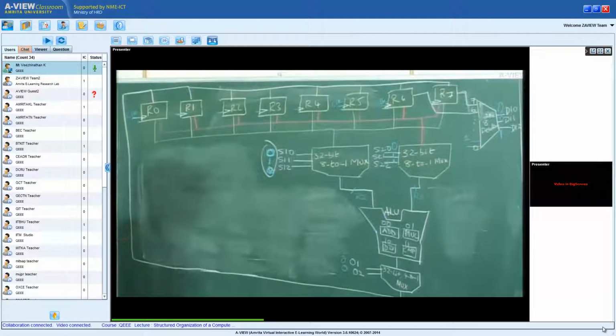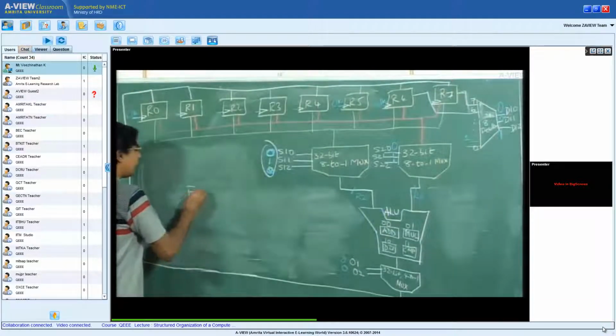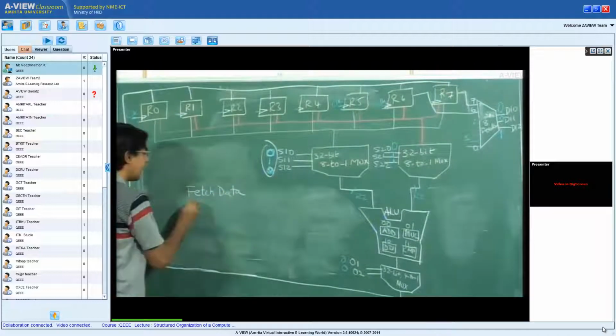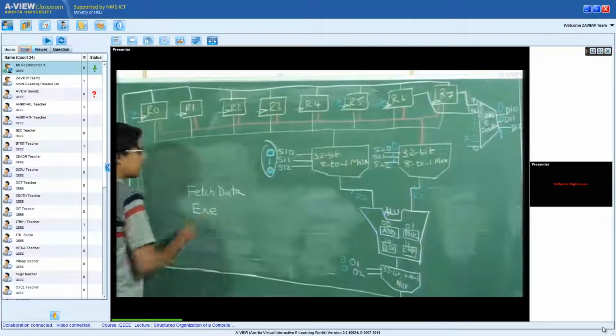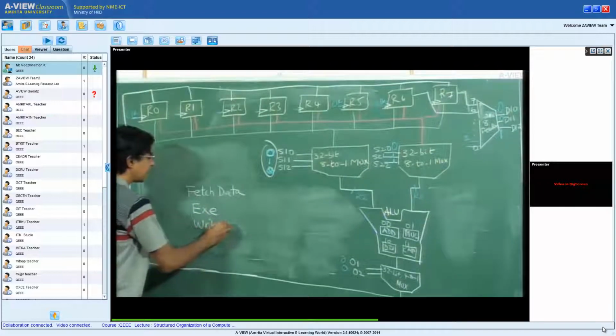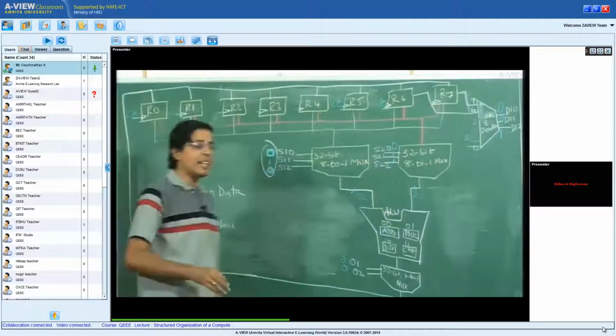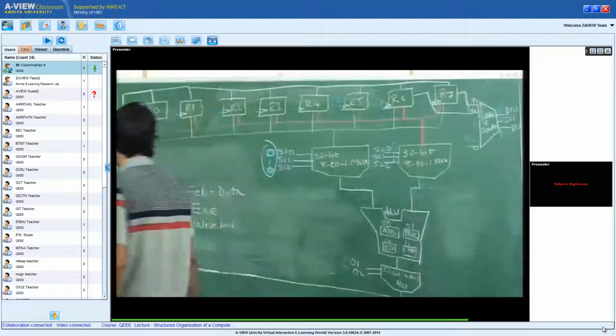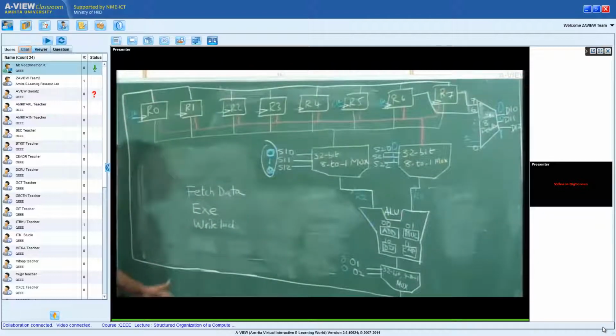The first important point that we should note is that there is a fetch data, there is an execute, and there is a write back. So every machine instruction that I want to execute comprises these three steps. One is fetch data, another is execute, another is write back.